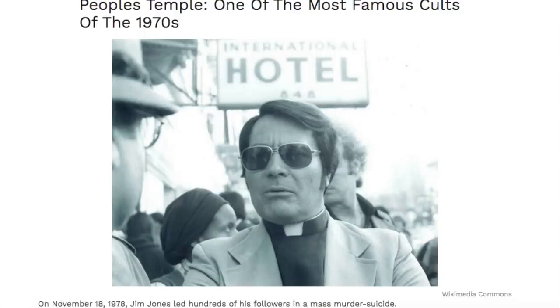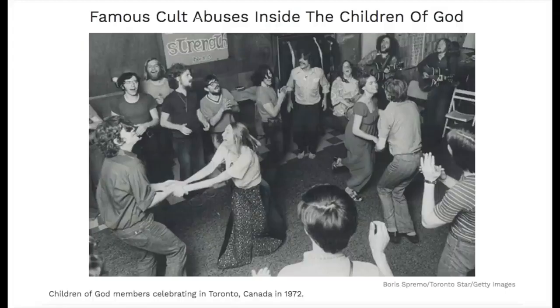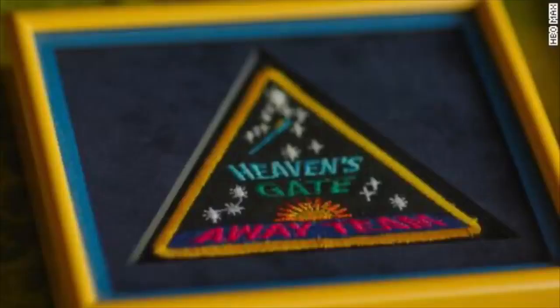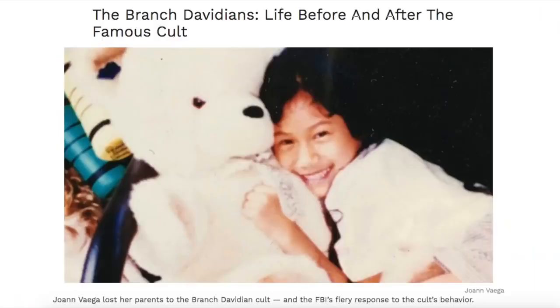For adults, leaving organizations like this can be a financial and emotional nightmare. And children born into cults have a much more difficult time breaking free because their entire personality has been built by the world around them. Several well-known cults have been accused of ritualized abuse, starvation, and severe corporal punishment. For example, Jonestown, Nxivm, Children of God, and the Branch Davidians. The largest mass suicide event in the U.S. was Heaven's Gate. It takes from 8 to 18 months for a young adult after leaving a cult to recreate a sense of personal competence and to feel comfortable in making decisions.